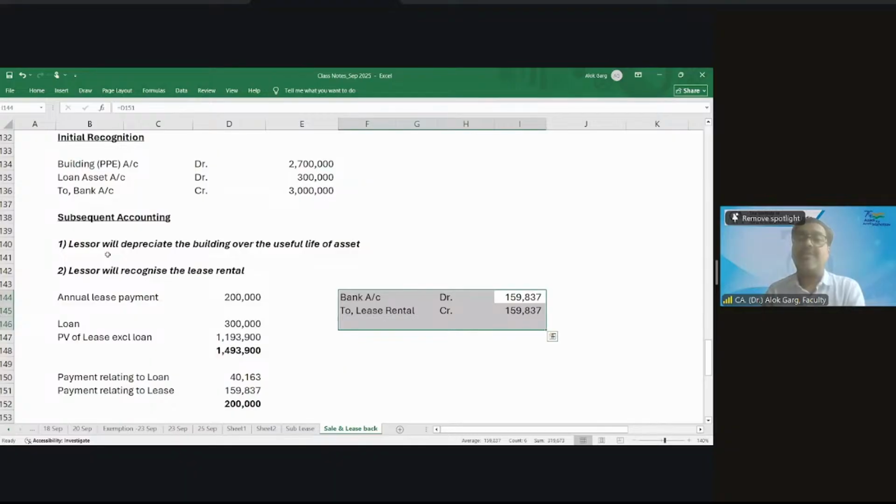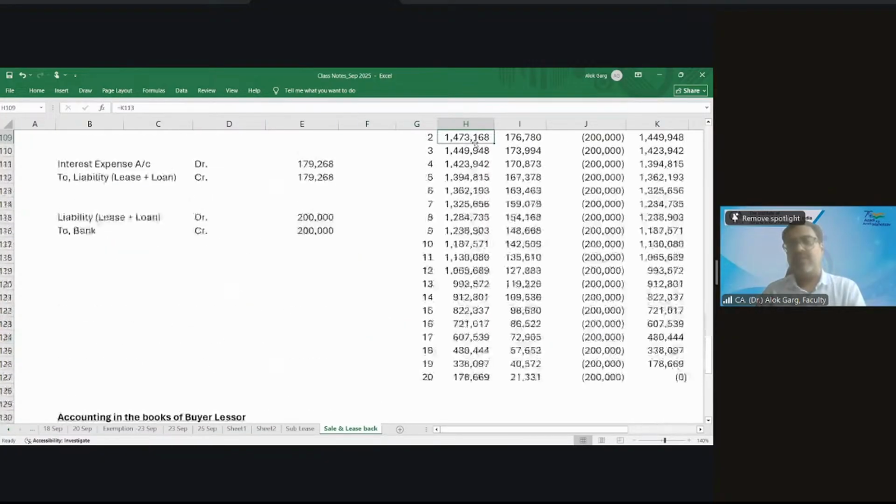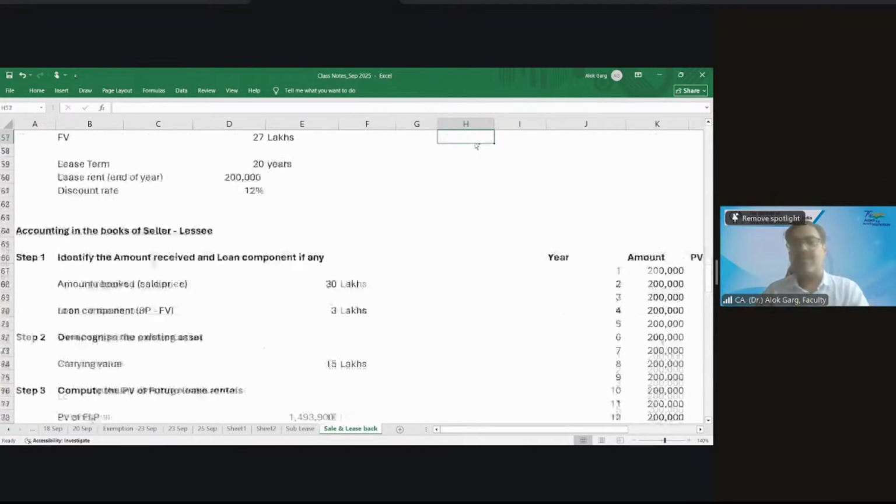While today's class was scheduled as Ind AS 40, as I told you, the Institute has given one more class so that I can do more questions and more concepts can be elaborated. Friends, Ind AS 40 the Institute will schedule as per the calendar's availability, but probably from the next class, the new faculty will come. I will not come. So if you have any question, you can write to me.